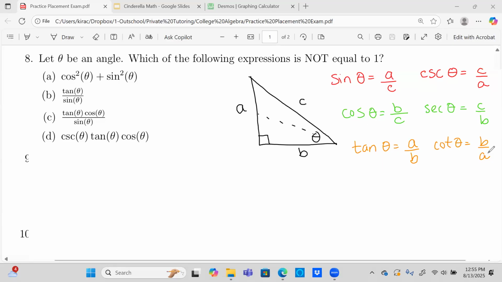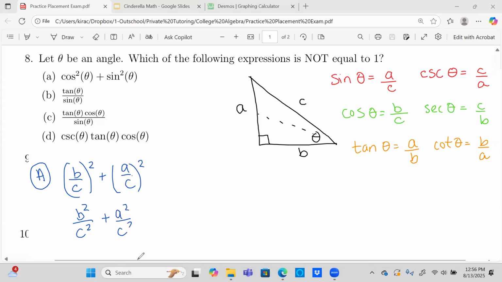Yes, we could have faked it with numbers. If that makes you more comfortable, put like 1, 2, 3 on there and you can fake it that way. Okay, we want to see which one's not equal to 1. So let's look at A. They want us to take the cosine squared, so that would be B over C squared, plus the sine squared. So that would be A over C squared. Okay, so that would be B squared over C squared plus A squared over C squared. That has a common denominator. So that would be, whoops, B squared plus A squared